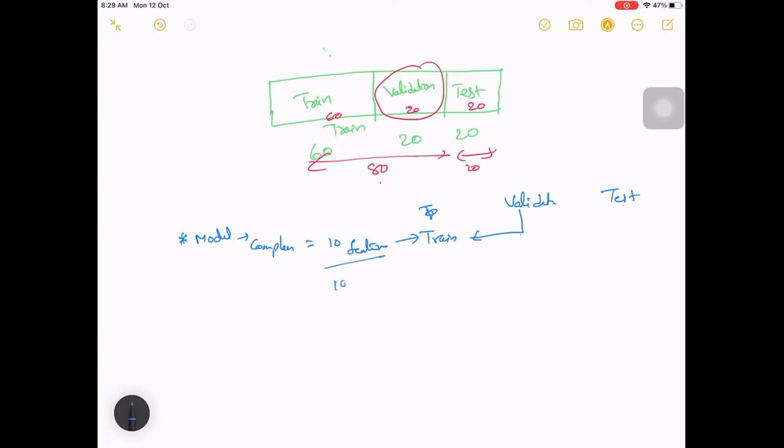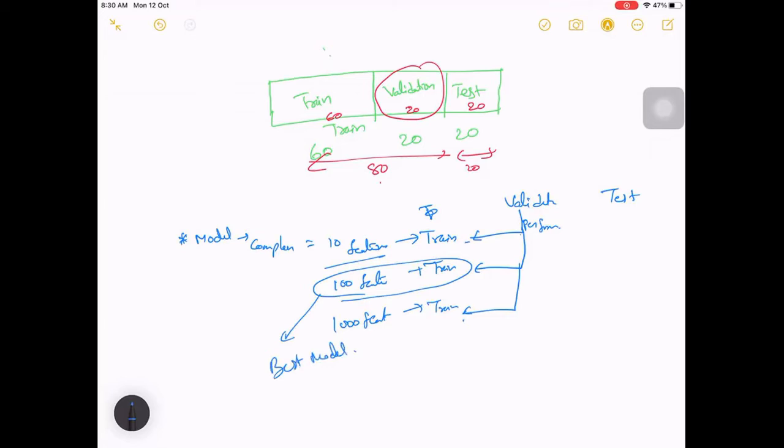I increase the features to 100, then train again and check the performance. Similarly, maybe increase to 500 or 1000 features, then check the performance again. And you take the best model. Maybe this one is the best model, and here it is underfitting and this is overfitting.